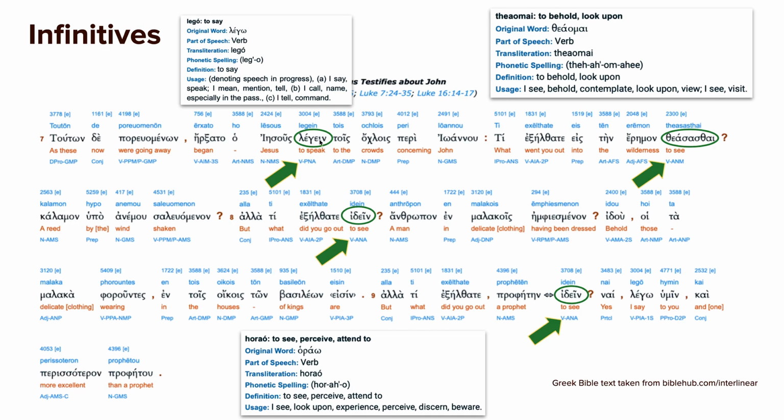So we have, remember, our einai for the present infinitive, active, and then we have theasasthai. That is from a middle only verb, to see, and it is the aorist. When you went out to the wilderness to see, what did you go to see? And this is more of a simple, one-time thing. So that's why we have aorist. It's much more succinct, like a single action as opposed to an ongoing action.